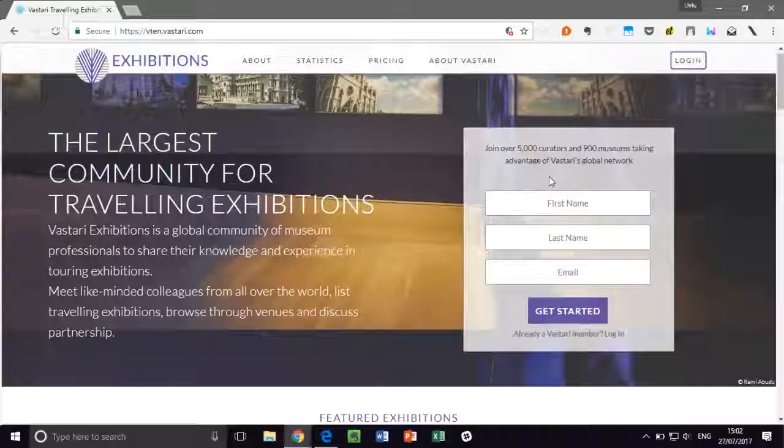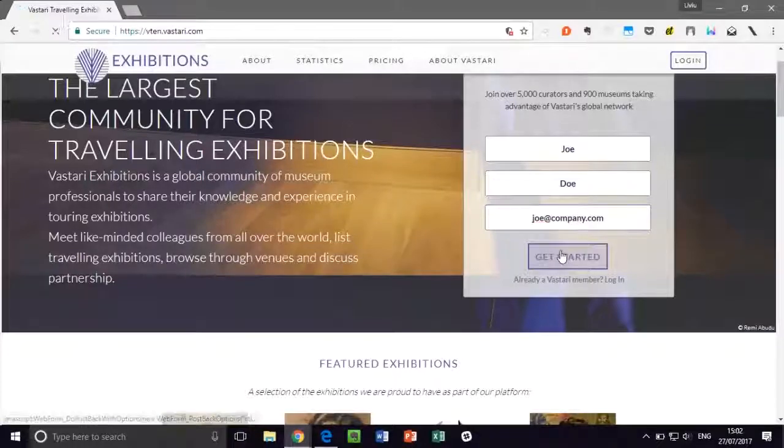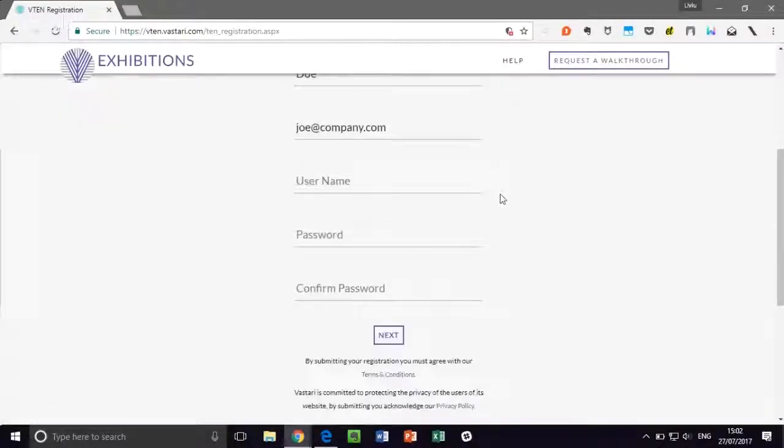Here, you'll have a really simple form where you need to enter your name, John Doe. Let's put a simple email. Because it's a professional tool, it's important to remember that it would be very good for you to use your institutional email rather than your personal one. So we'll say company.com. We're going to hit get started, and then you'll have to enter some information here: a username, a password,